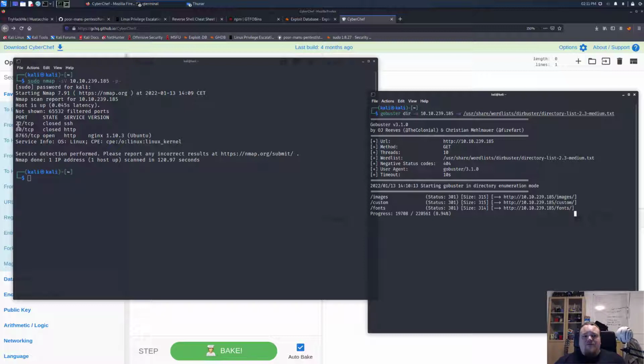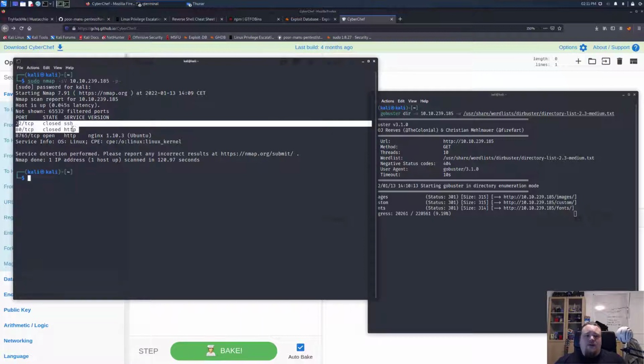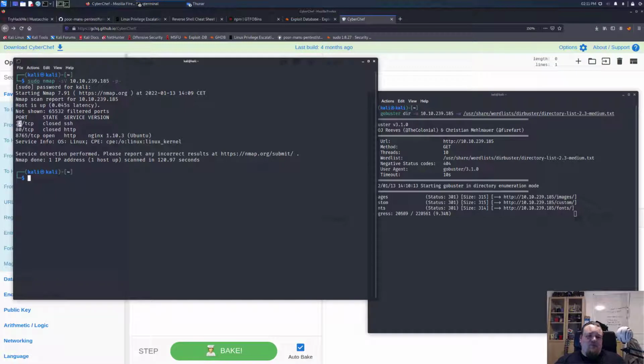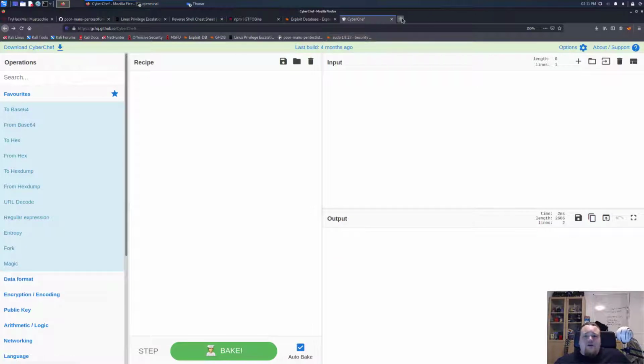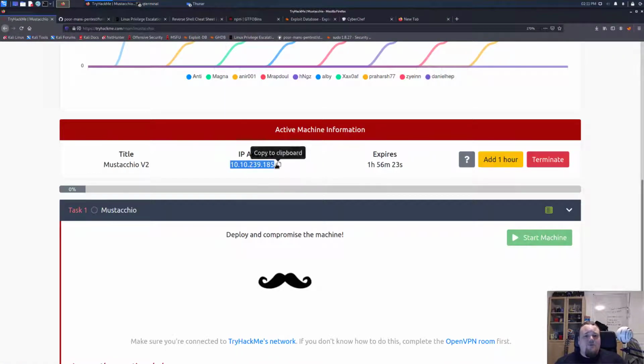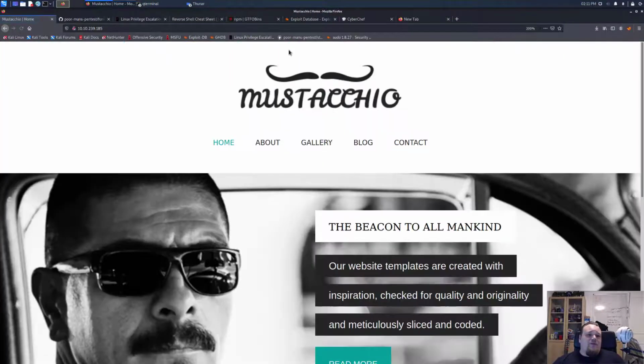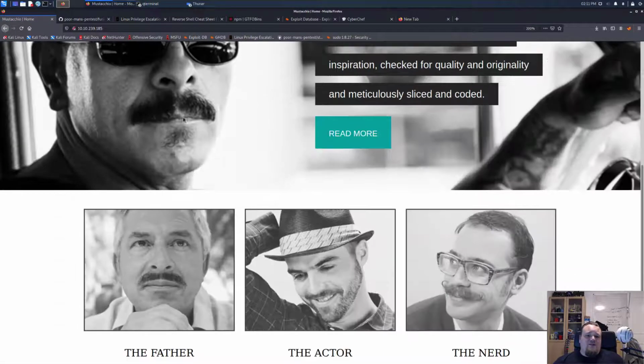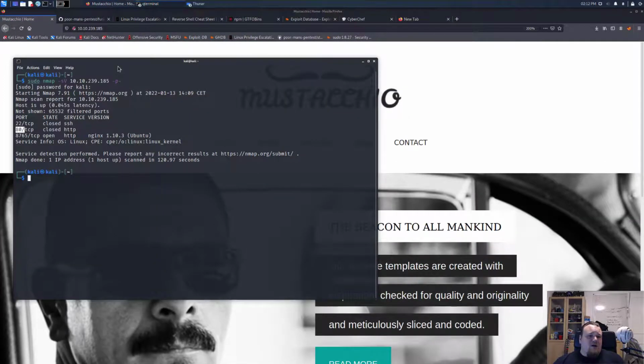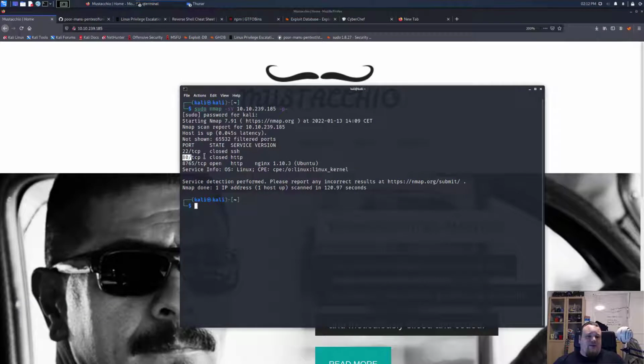Alright, so we're gonna see that we have two open ports. Well, we detect port 22 and port 80. So let me just say it this way. Did I close the web page? I most certainly did. So this is our web page. This is running on port 80. Our scan indicates that port 80 is closed, which could be,